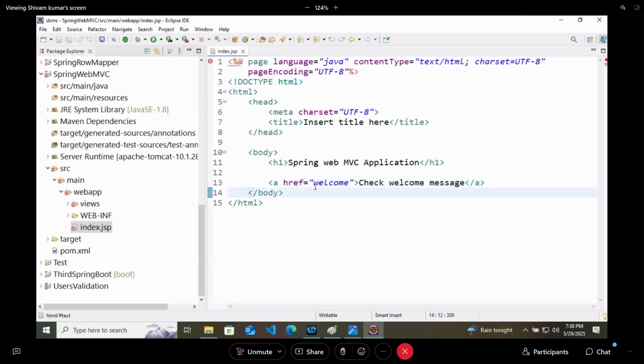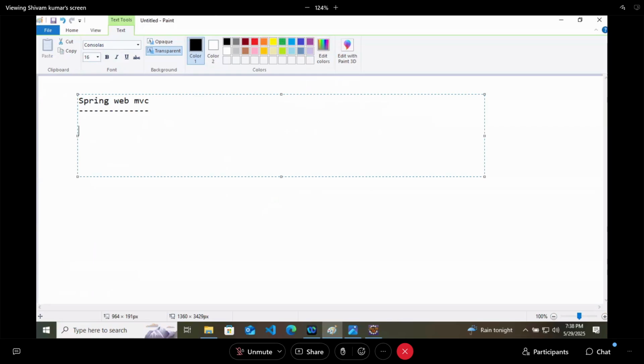First, you have to understand that this anchor tag is not pointing towards any page like welcome.html or welcome.jsp. No, it is not pointing towards any page. It is pointing towards a request, that is href welcome.